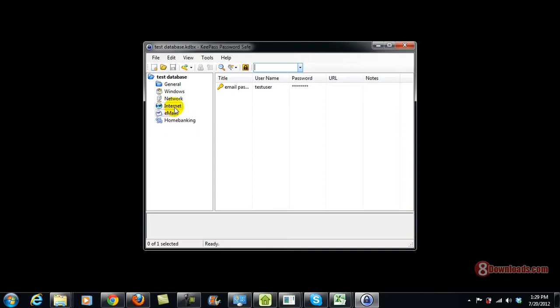What do I mean by categories? If you have a general password, a Windows password, a network password, an internet password, an email, or even a banking password, you can even customize your own category here by clicking the add entry button. So that's the power of KeePass.